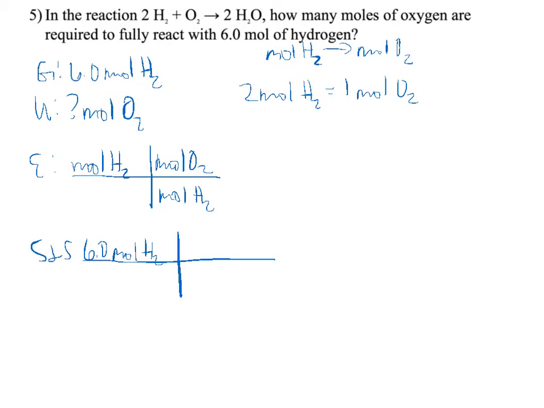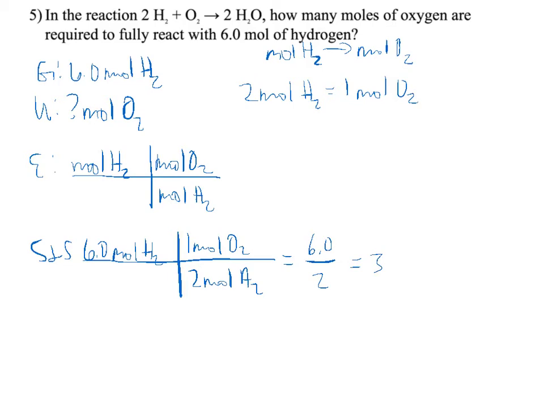So that goes down here. And then this moles of oxygen and moles of hydrogen, that's just this equivalent statement here. So that means 1 mole is going to go on top and 2 moles of hydrogen on the bottom. 1 mole of oxygen, 2 moles of hydrogen. So really all we're doing is taking a 6.0 and dividing it by 2, which gives us 3